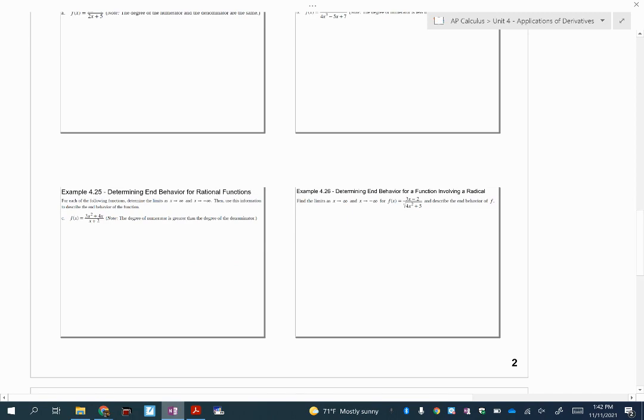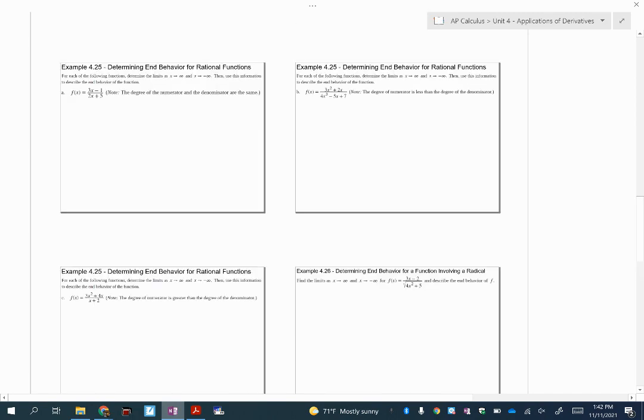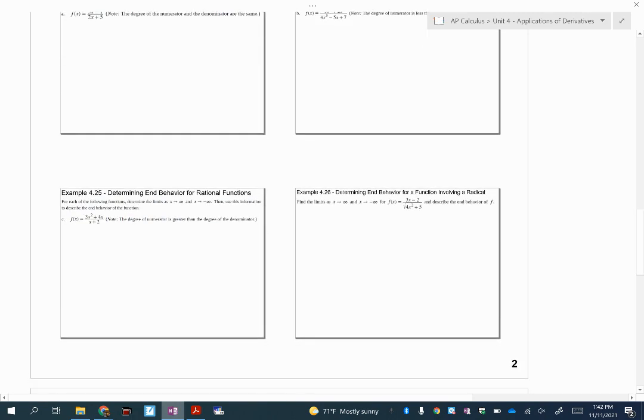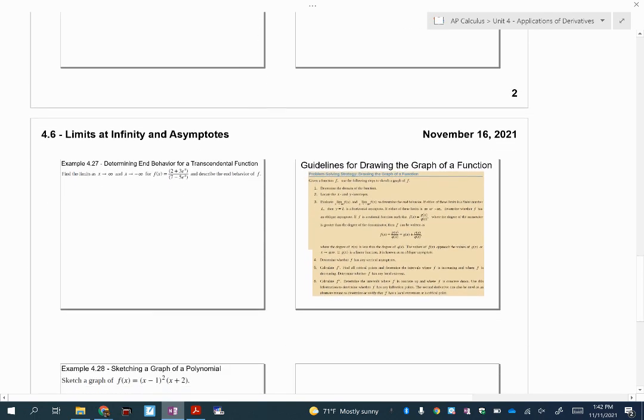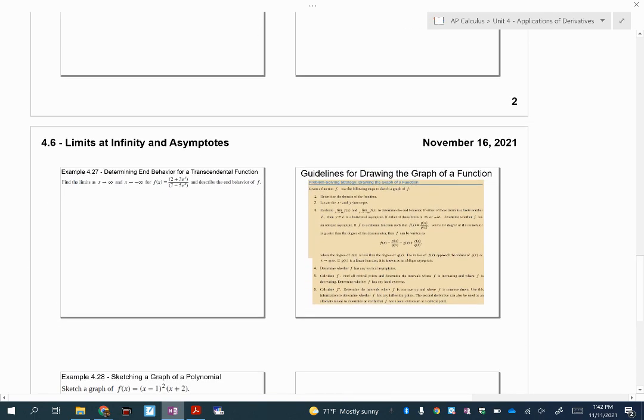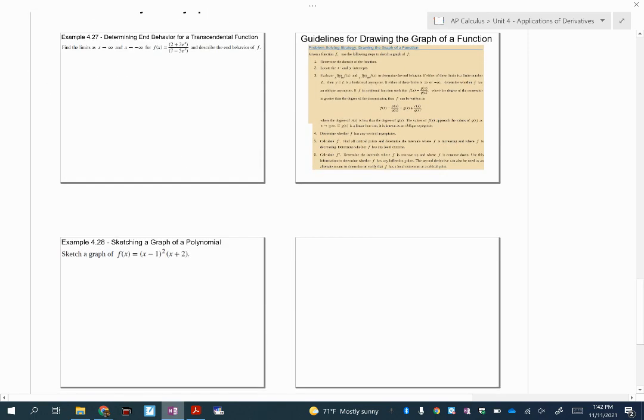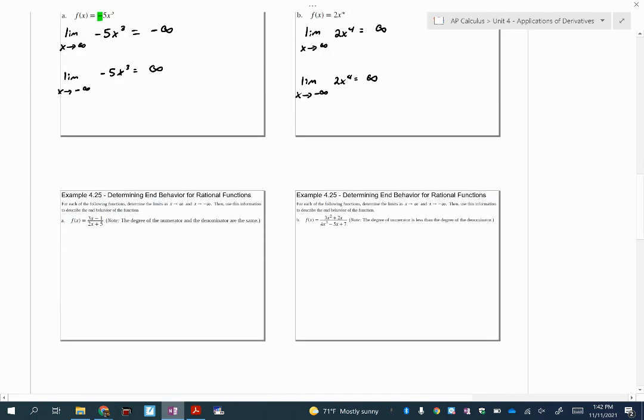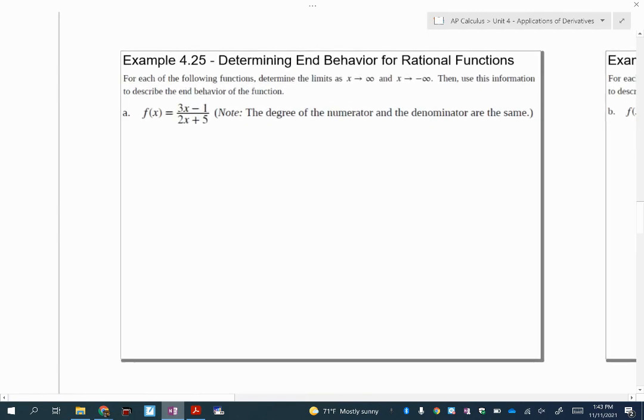Okay, we've got a couple here where I want to determine the end behavior using the graphs. And then at the very end, I want to show you how to use all the stuff we talked about in the previous lesson and in this lesson to help us sketch one of these graphs. Okay, so let's go. I'm going to try to go a little quicker so you can get through the end of this video in one period. So again, I'm just looking at the limits